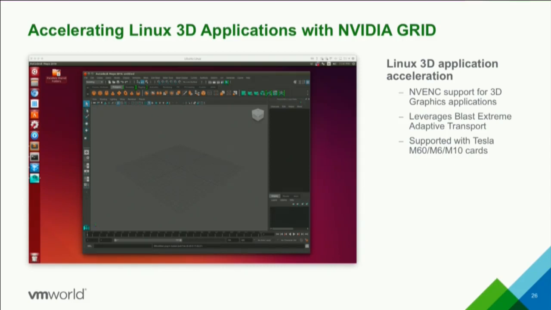So support for Linux, it's been a key initiative. We have supported Linux for a while, but I think our core focus has been how do we improve the Linux experience, especially for those 3D graphics users. So we've gone ahead and integrated the H.264 encode capabilities even for Linux desktops. So users should be able to deploy either a Linux workstation or a Windows workstation, depending on the availability of your applications, but they should get a great experience independent of which operating system that they choose.